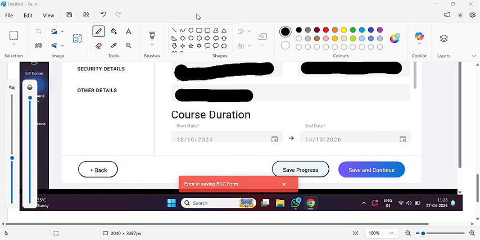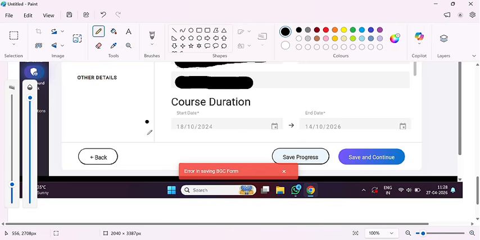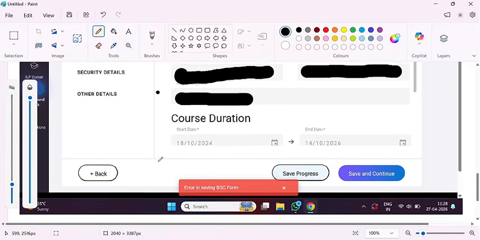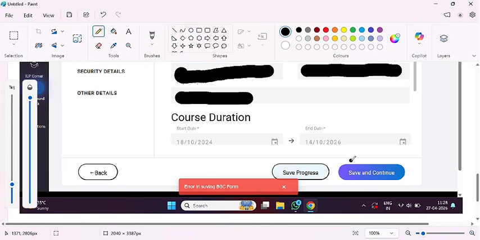So this is our main concern in our NextStep portal while solving the BGC form. After filling the permanent address or address details, we come directly to educational details. While you click save progress or save and continue, you are facing this issue, and you are asking other people,